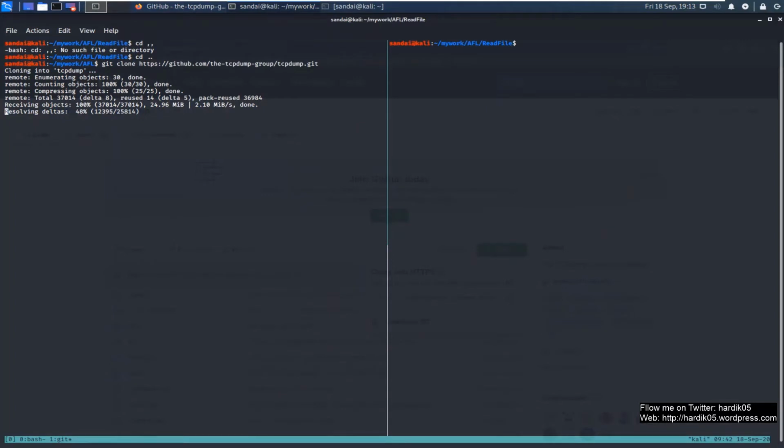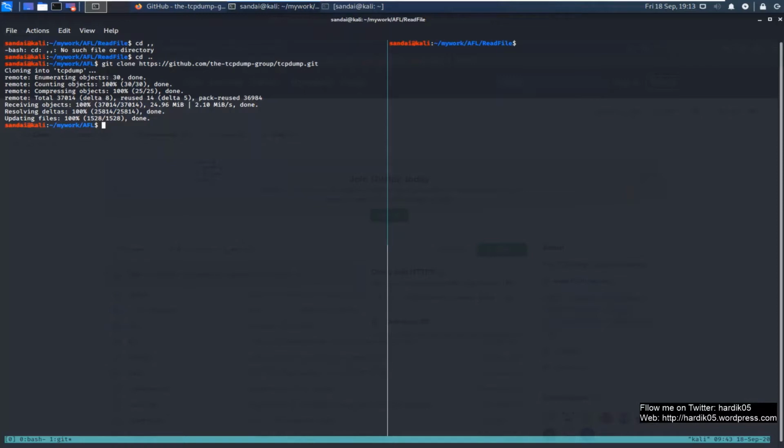So let's wait for a few more seconds, maybe a minute, and then we will compile tcpdump. We will see if we face any issues with that, if there is any dependency which we have not installed. If that is the case, then we might need to install that dependency, that lib. So okay, it has cloned the repo over here.